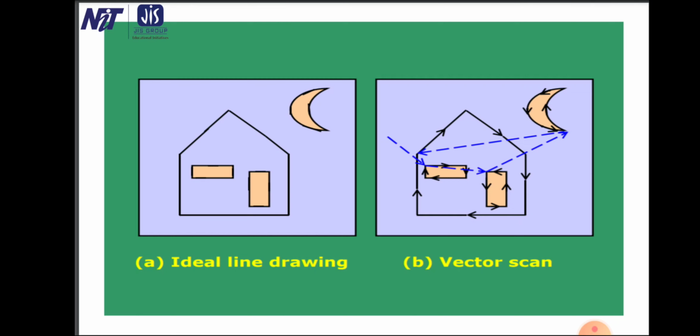I have bothered about the lines being drawn, and it can be described as a set of line drawings. As you can see, when you are watching it on the monitor, it is actually getting refreshed over a number of lines. So we can do it by the vector scan method. The beam is somewhere on the screen, but it must be diverted to one of the points. The starting point is somewhere; let us say this is my trace, not my actual beam. This is the point.